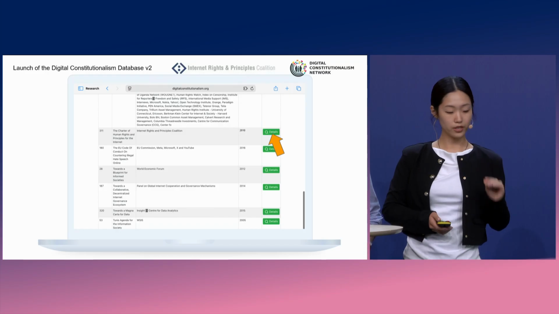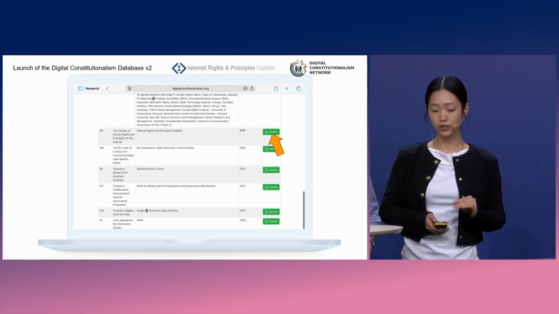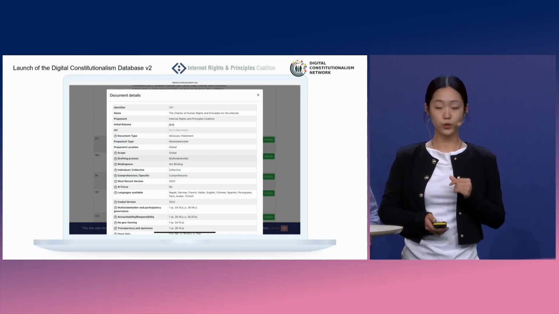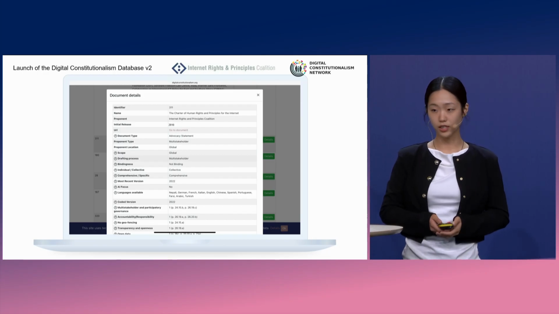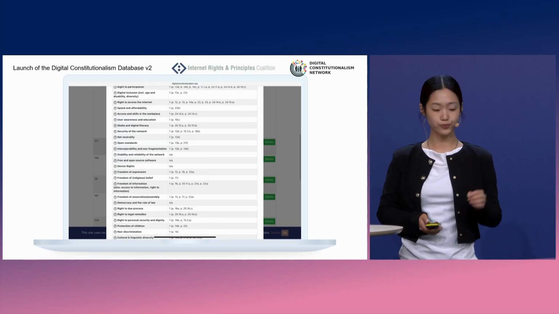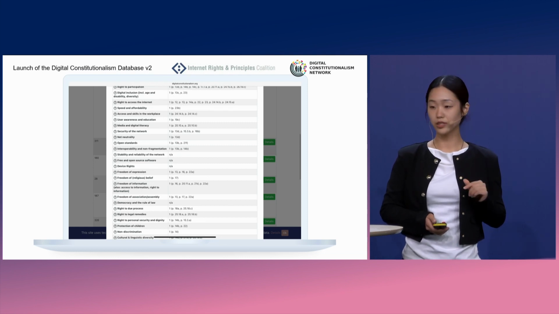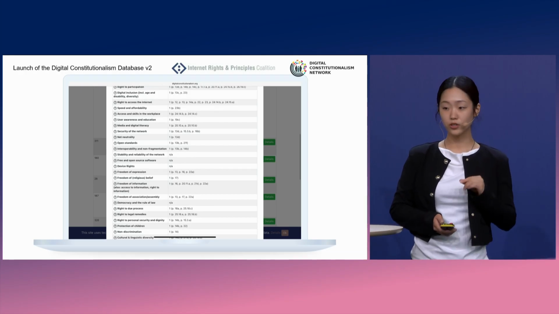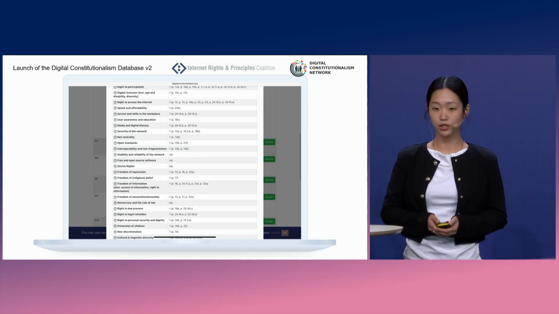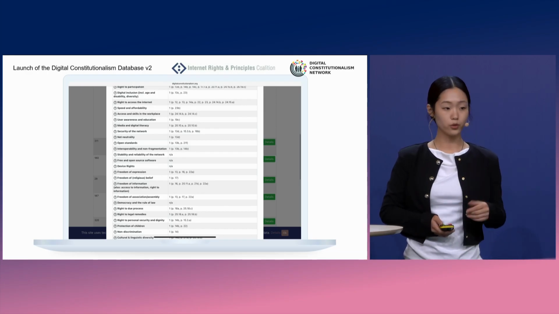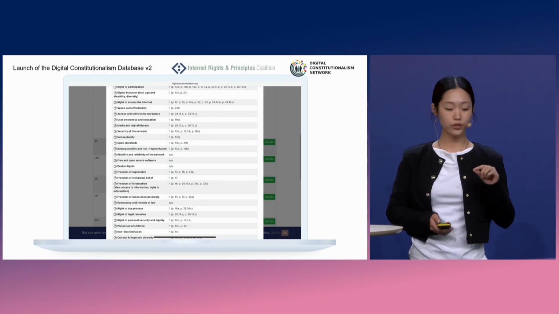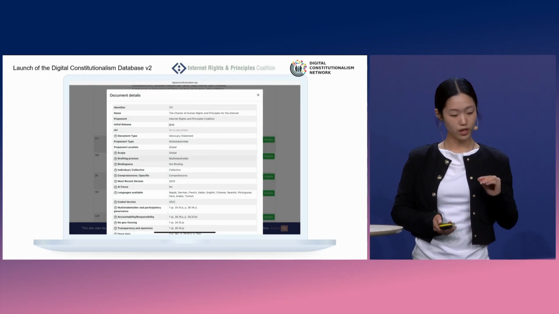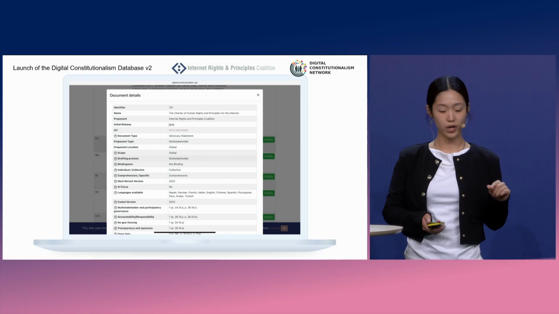It's really simple. On the left side, you can see the title and the release year, and you can go to details. There you can see not only the release year, the title, or the URL leading directly to the link, but also all the topics included there, and exactly where each is located inside the document. So it's really useful if you're specifically interested in human rights, but also, for example, freedom from disinformation or something like that. You can have a nice engagement there. I also forgot to mention that there's a point about available languages.